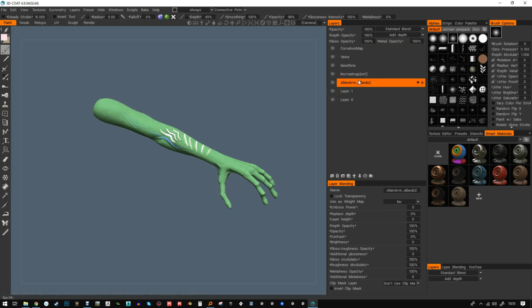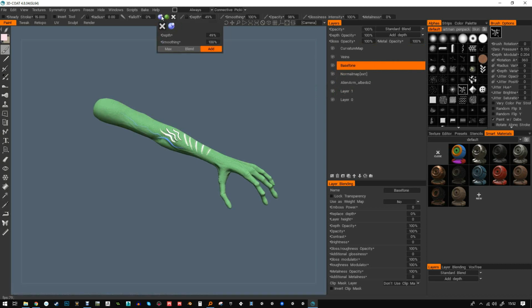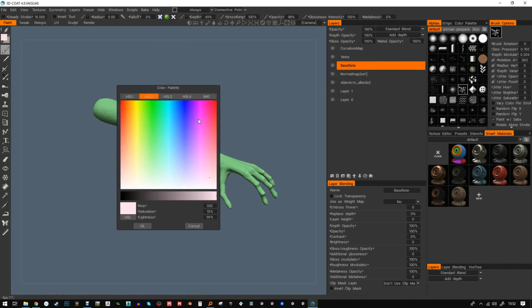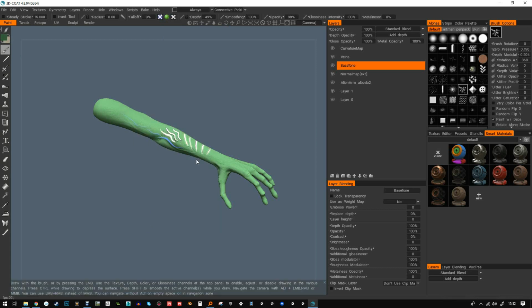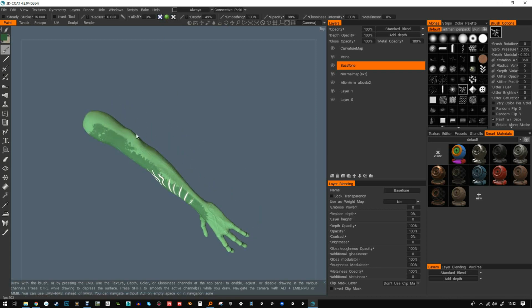And back to the alien arm, albedo, the base tone. And let's choose some brush like this. Choose color. Let's choose another green. Increase the size and start painting. There's not really much happening with this painting here. And plus,